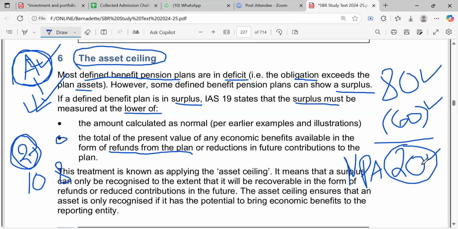That's why you compare what you already have here against now. This is the difference, net of assets over liabilities. But here we go to the actual thing that we can receive. That's why you're told present value of economic benefits available in the form of refunds from the plan or reductions in future contribution to the plan. So you compare those ones. Whenever you have the low amount, you take it. So simply speaking, if the second figure is more than the first, it means there is no difference. You proceed as you always do, right?